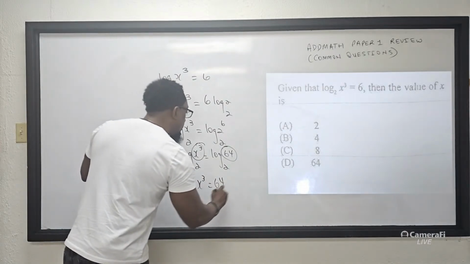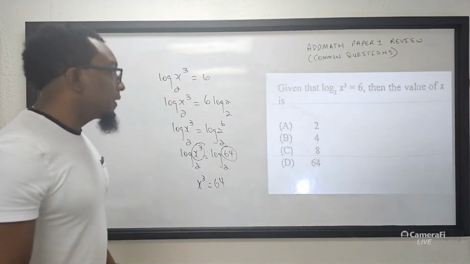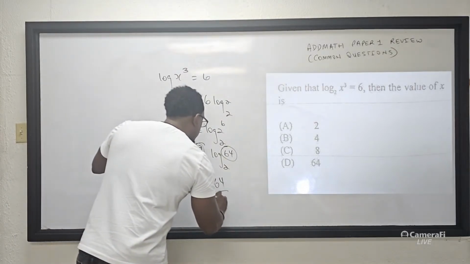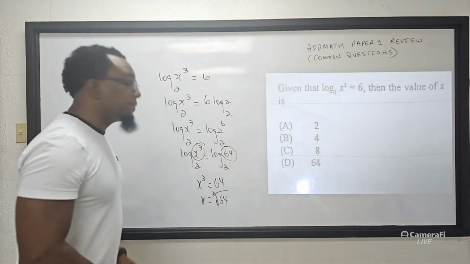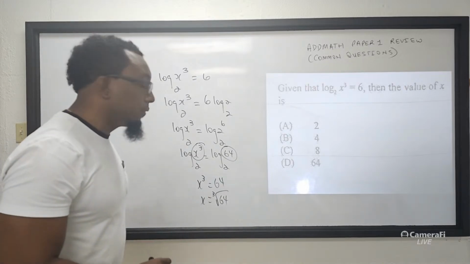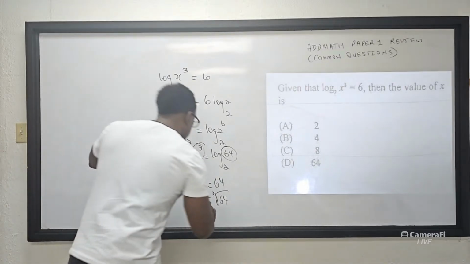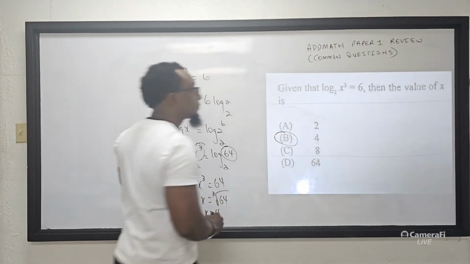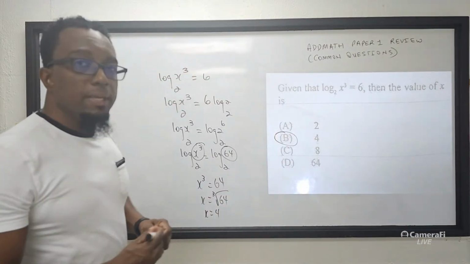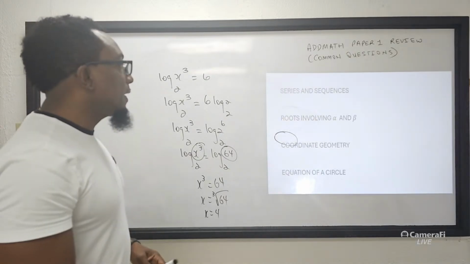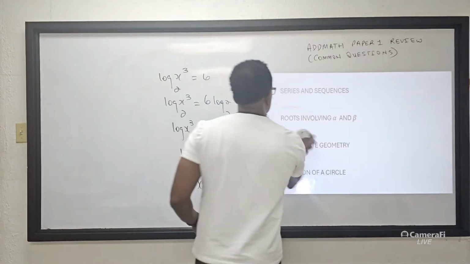x cubed is equal to 64. And therefore to get x by itself, x will be the cube root of 64. So I must find the cube root of both sides. And the cube root of 64 is 4. So the answer there is B. Alright, so making sure we're clear on some of these things. Right, so let's look at now